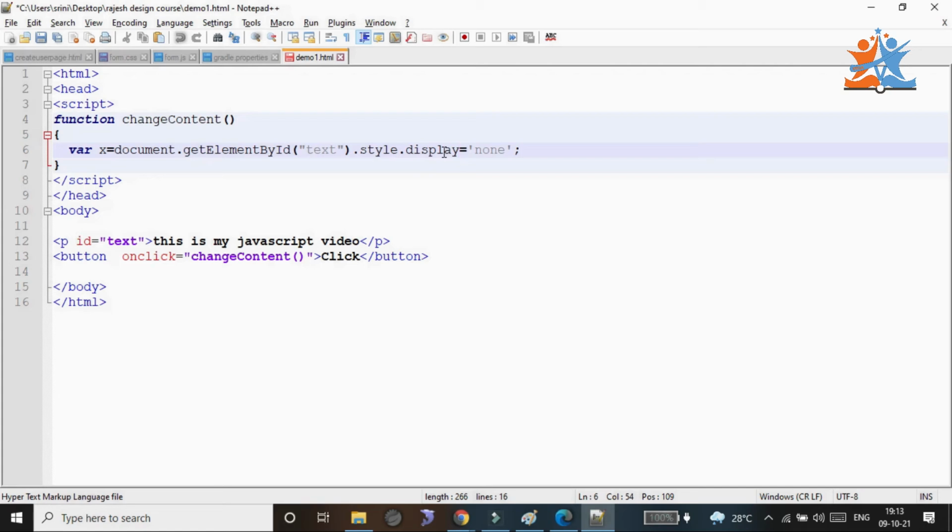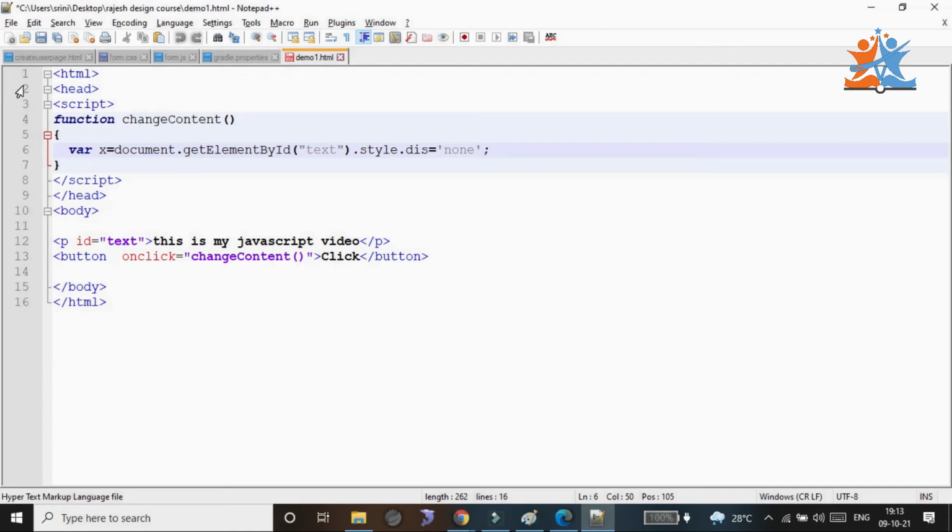Okay. Now save this, and do the refresh. So we can get it. If you click it, nothing will be shown. Sir, I have a small doubt here. I don't want to go for style.display, sir. I want to go with inner HTML. I don't want to mention anything, I want to give nothing.